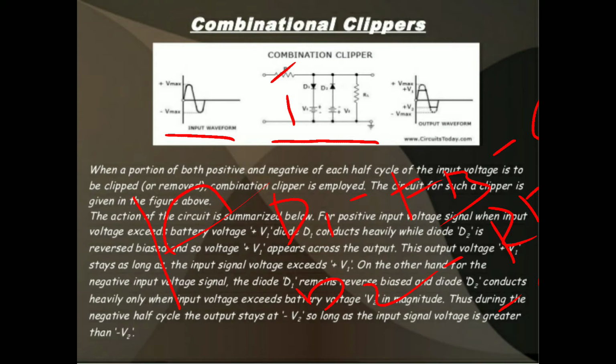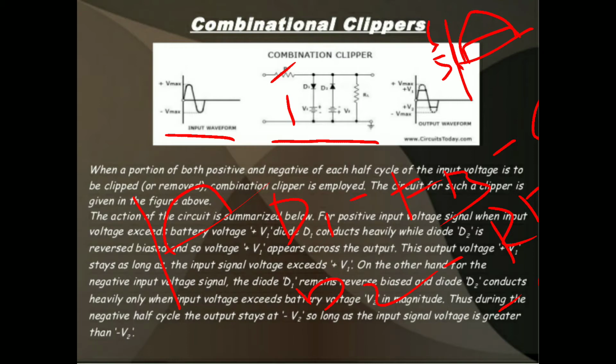For the D2 diode, there is no voltage and no current flows through D2 because it is connected in reverse bias condition. There is no voltage passed to the reference voltage VR. So the output is the positive half cycle. This is the input, this is the output. Input is 6 volts, output is 5 volts. Only the reference voltage, that is VR, will be at the output side. If the input is greater than the reference voltage, only that voltage will appear at the output side.